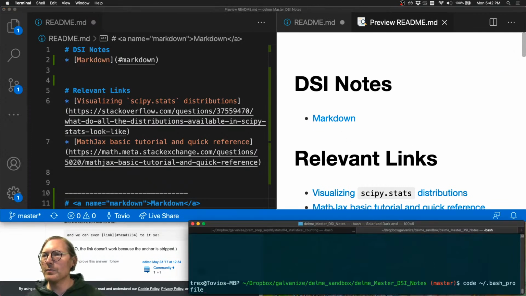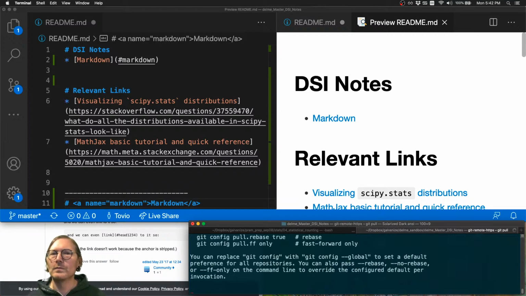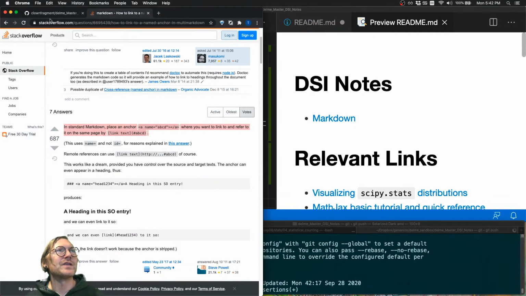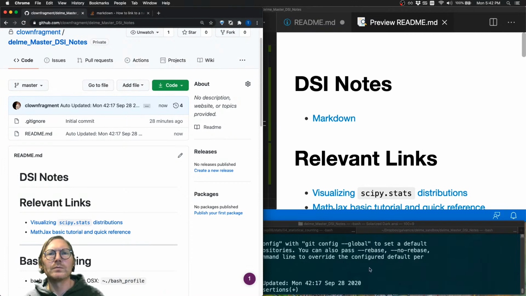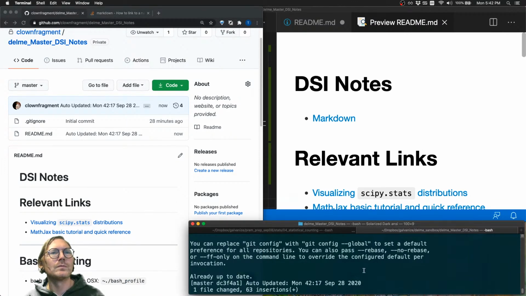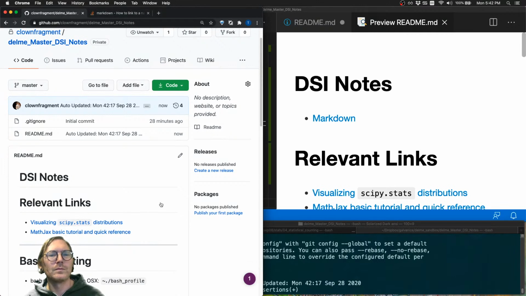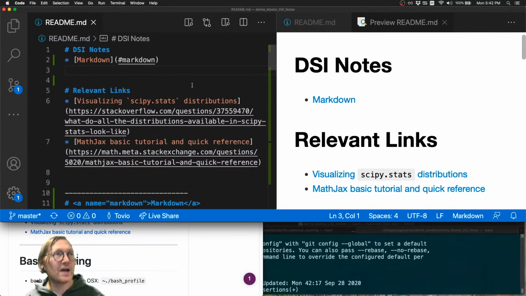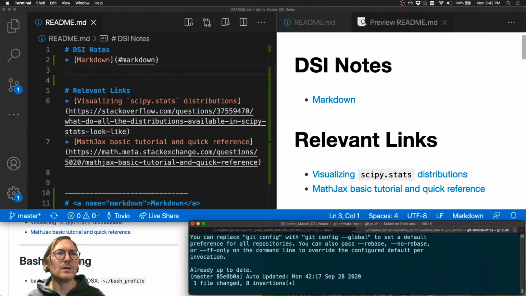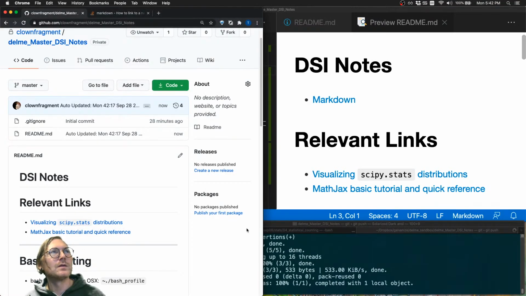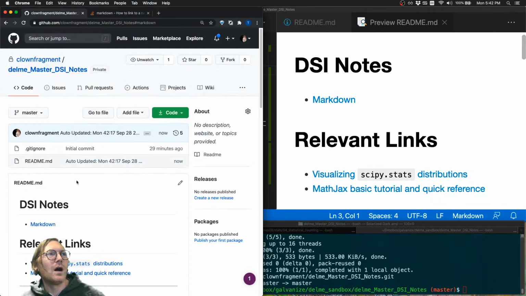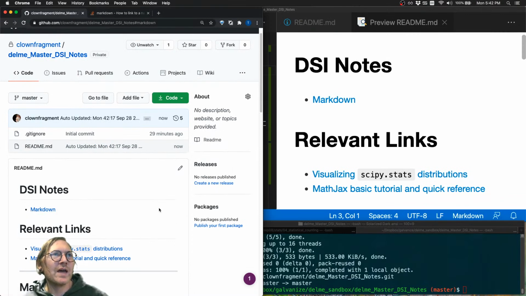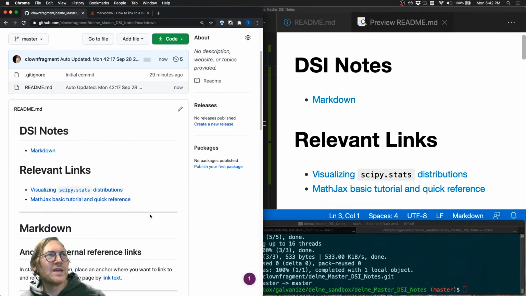Let me put this up on GitHub. And let's see if this works how I expect it to. Oh. Let me make sure. Oh, I did not save it. That's why. Okay. Try that again. Yeah, just like that. So there's definitely a way to do that. And what I'll do is